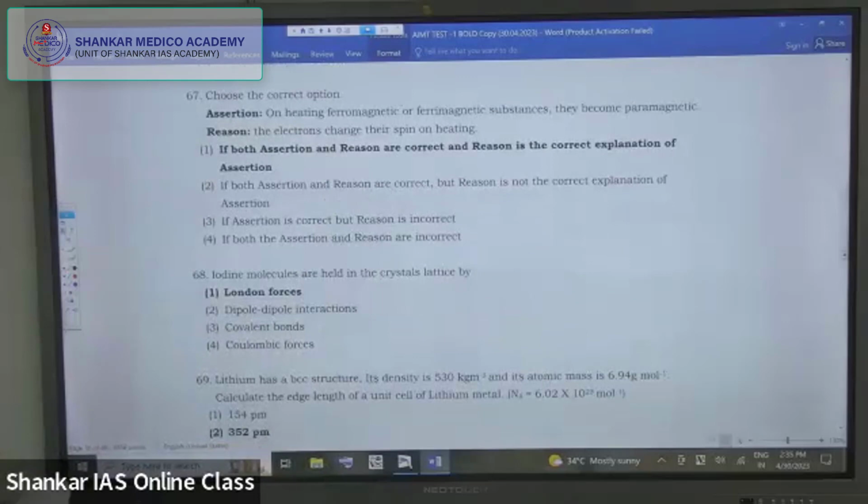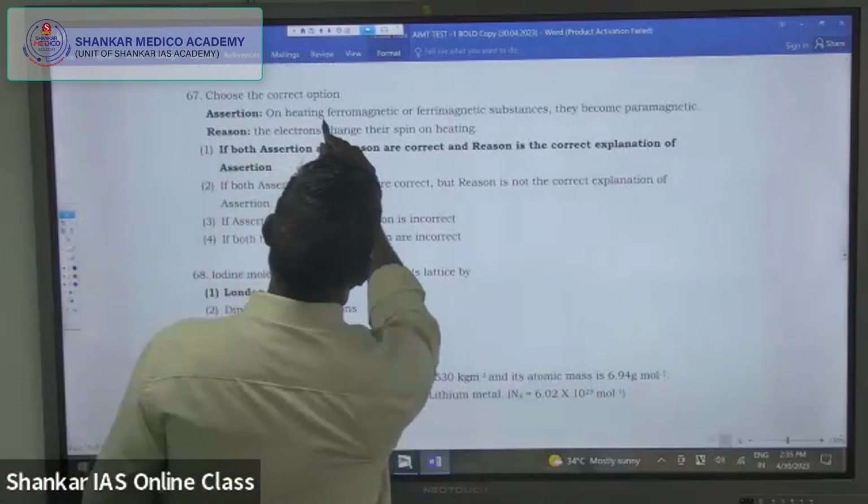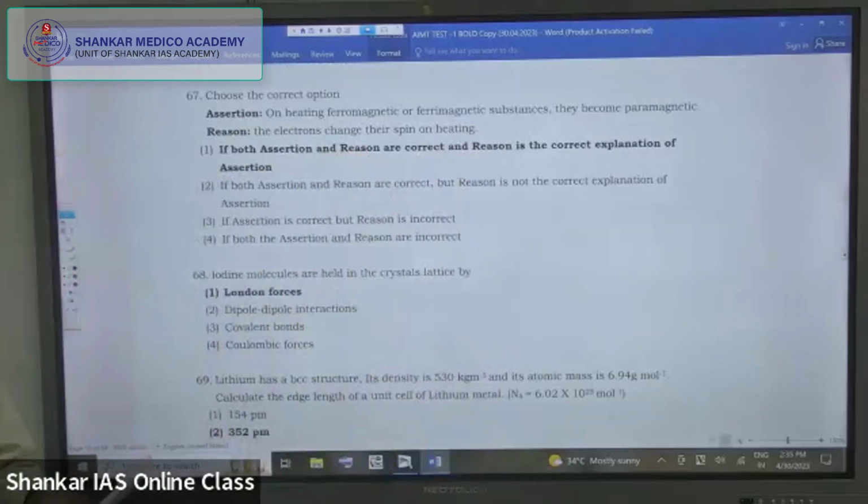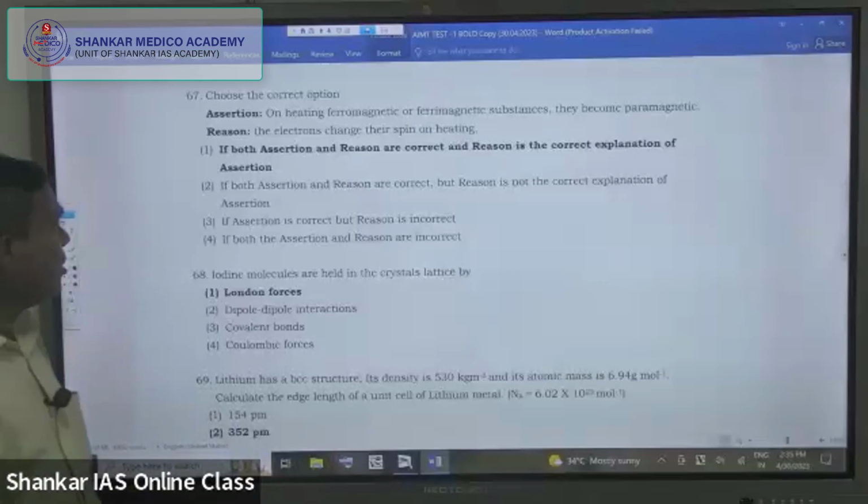Okay, next. On heating, a ferromagnetic or ferrimagnetic substance becomes paramagnetic. Generally, as we know very easily, diamagnetic to paramagnetic, but apart from these two, there are ferro, ferri, and antiferromagnetic. It depends upon the cluster, which is called a domain. We have to build a large number of unpaired electrons, or fully paired and unpaired, so that everything you will get it actually. Generally, when you increase the temperature,